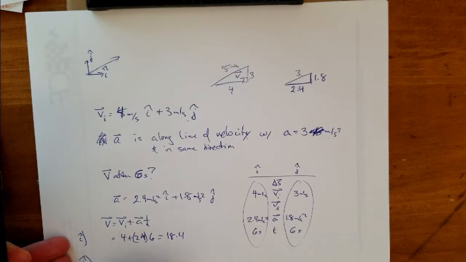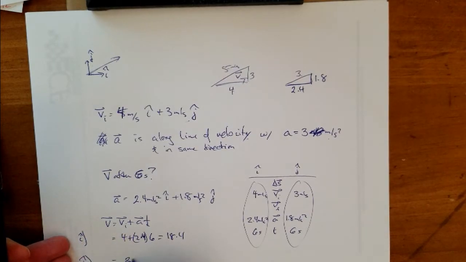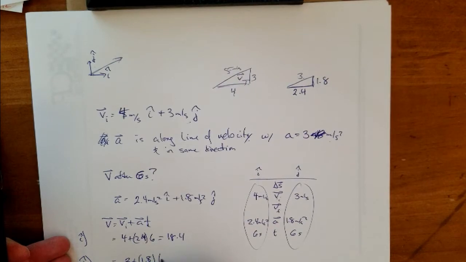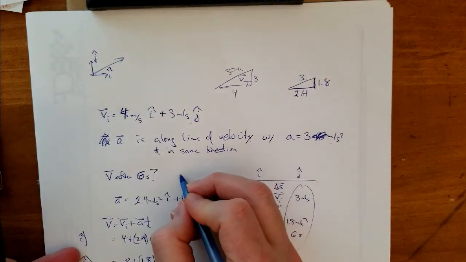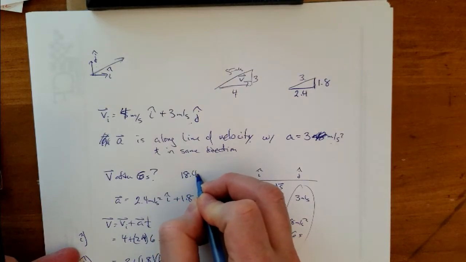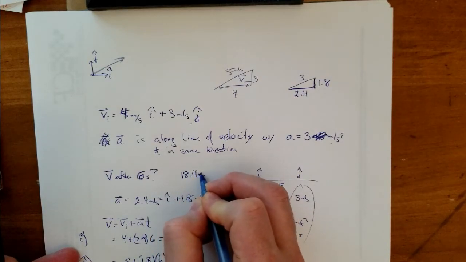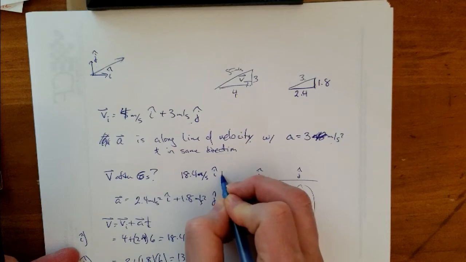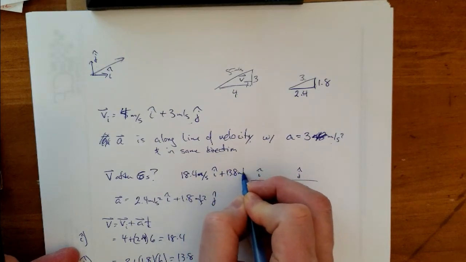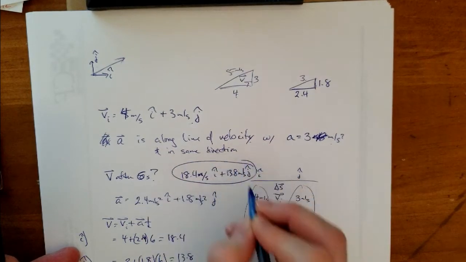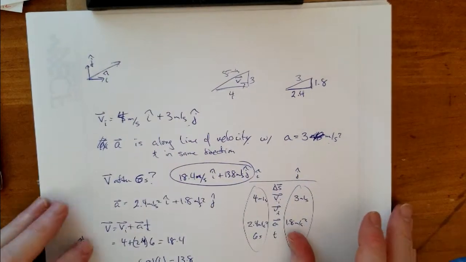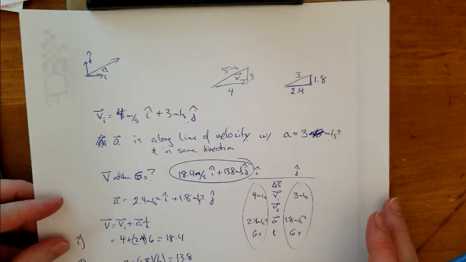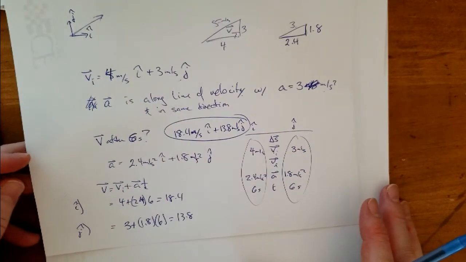And for the J hat, this becomes 3 plus 1.8 times 6, 13.8. And so the final velocity would be 18.4 meters per second I hat plus 13.8 meters per second J hat. That would be the answer given that coordinate system. Or, alternatively,